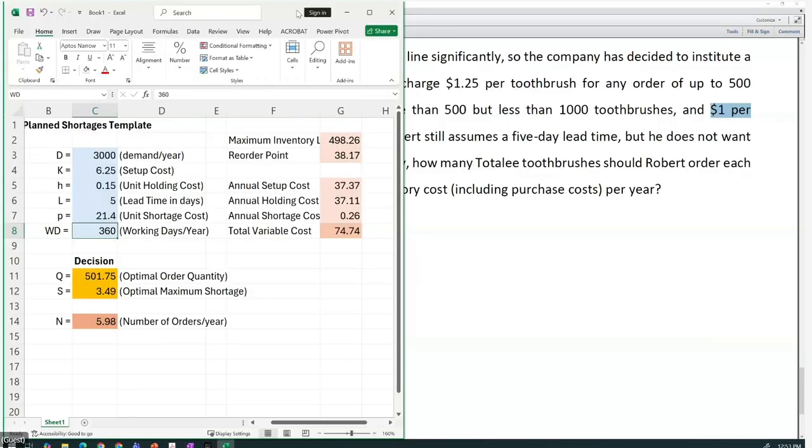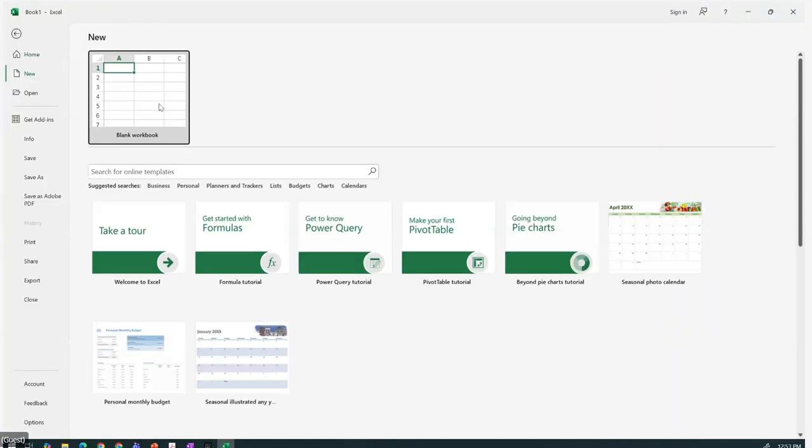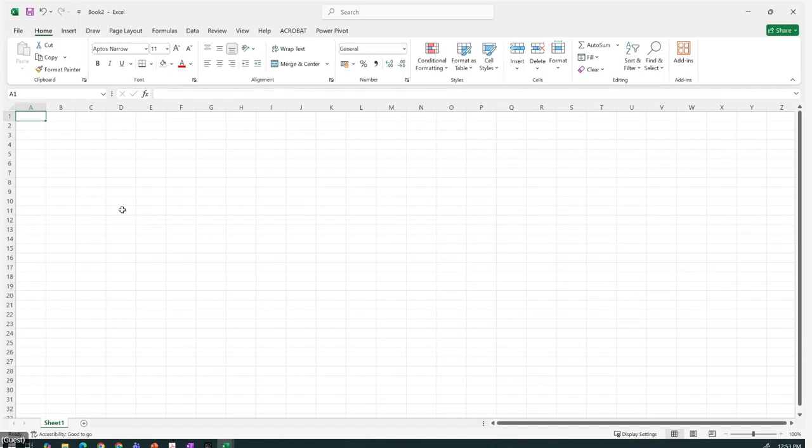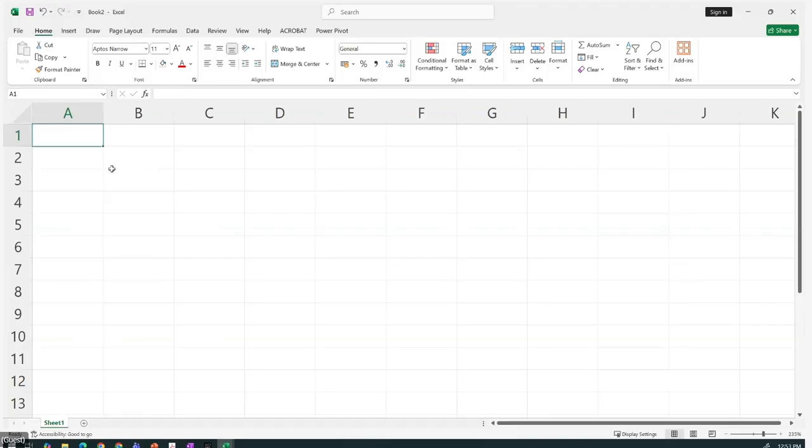Please open a new Excel file. Let's build a template for this purpose. Okay. What are we now looking at? We are now looking at building a template to determine EOQ. I hope everybody understands what EOQ is, economic order quantity. Okay, EOQ is nothing but the economic order quantity. We are now looking at an EOQ model with